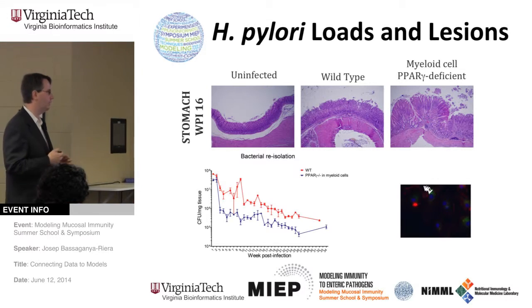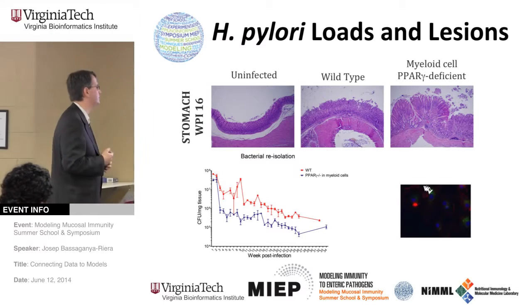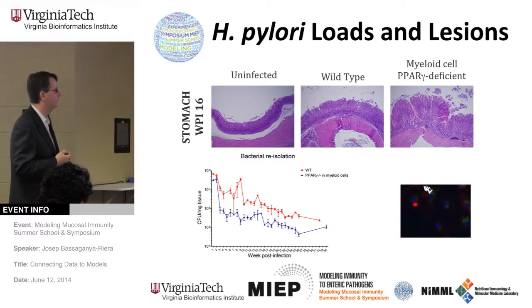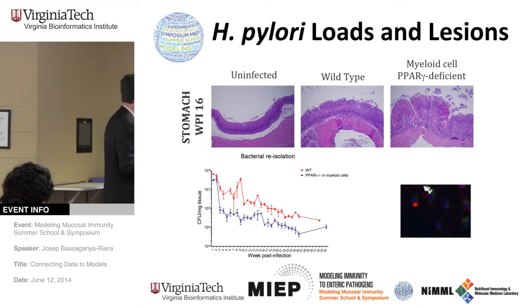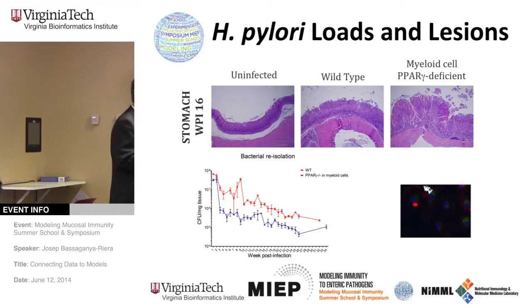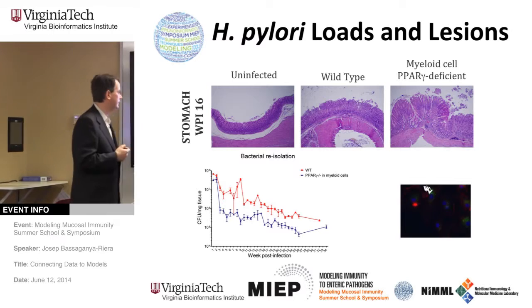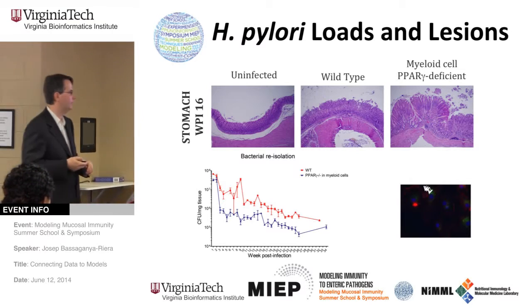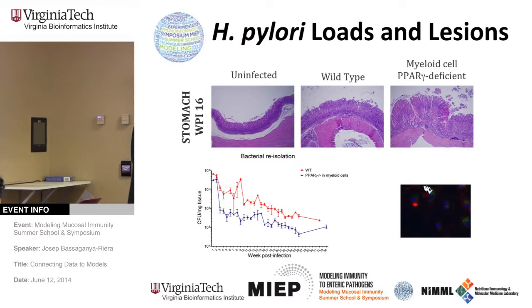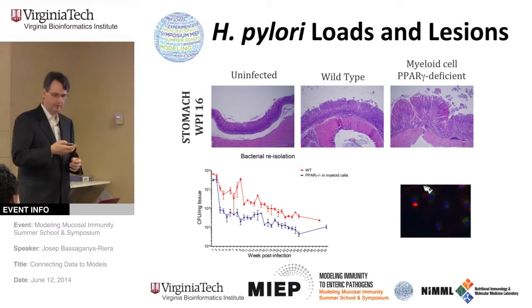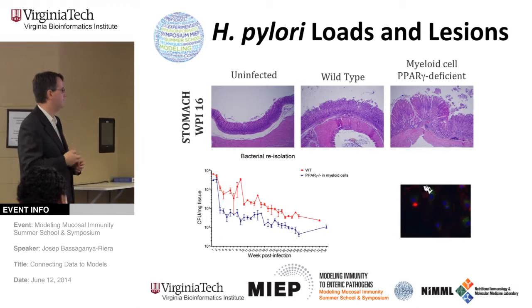And linked to the prediction that I was pointing out earlier, if we follow the bacterial loads, the amount of H. pylori in the stomachs of mice, and we followed this for over 6 months, we were killing subsets of mice serially. The prediction was holding true. The wild-type mice had higher loads. The PPAR gamma specific in myeloid cells had lower loads of H. pylori. And if we look at those macrophages, there's clearly H. pylori in the cytosol of the cell.